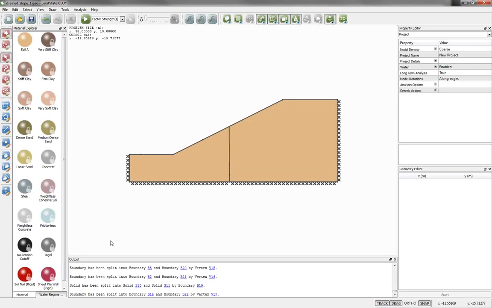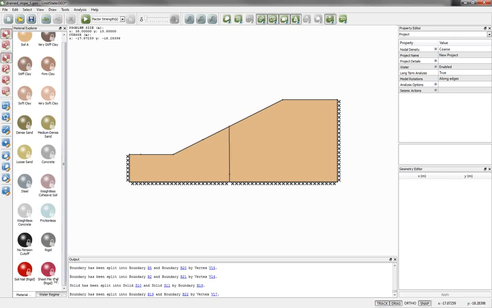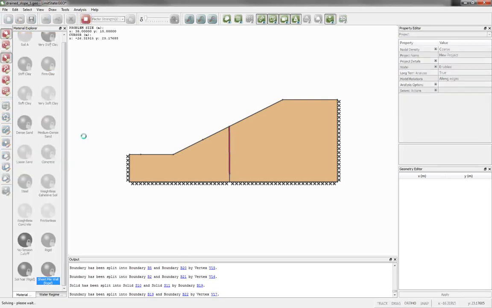Now, it's very easy to add elements such as sheet pile walls or geotextiles or soil nails. They're defined as what's called engineered elements. I haven't got time to go into those in great detail, but we have some predefined materials here. This is a sheet pile wall that's rigid, and I could just drag and drop that material across, land it on that line, and this line now represents a sheet pile wall. And if I click solve,